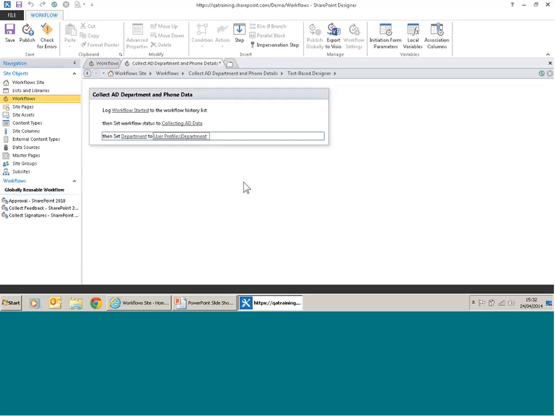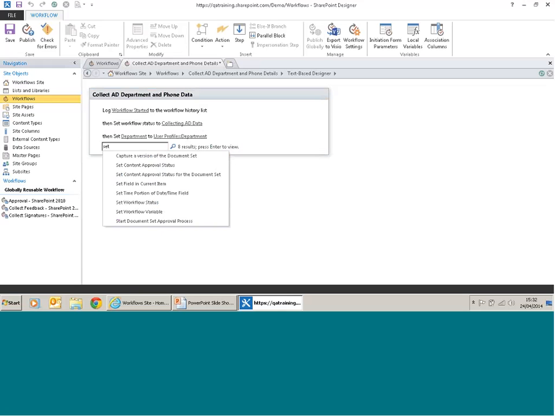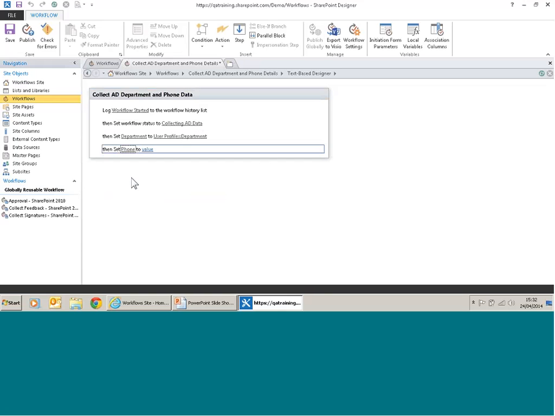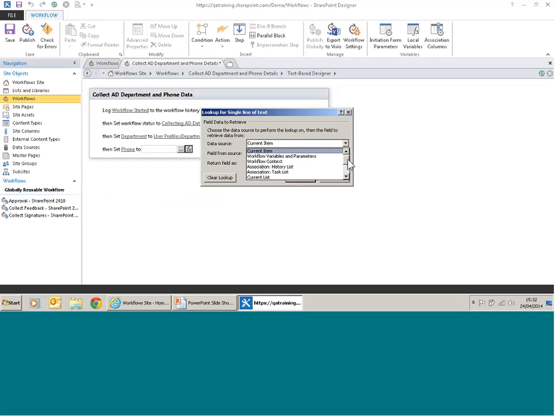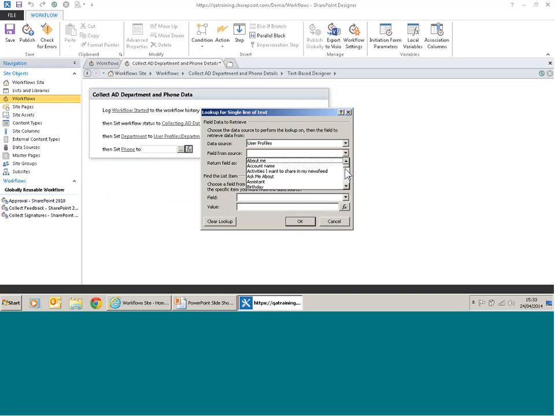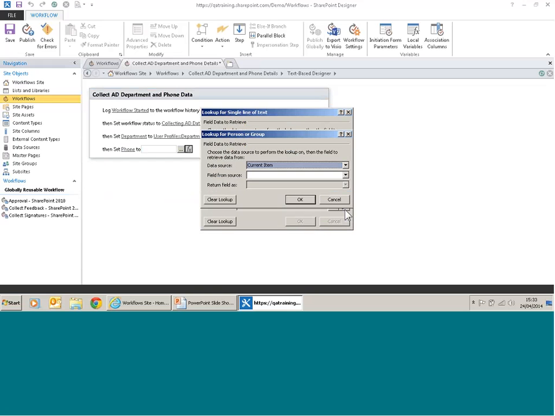Right, little feature about Designer, if you haven't seen this before, which is very useful. If you start getting used to which particular actions you'd like to work with, what I can do is start typing directly inside my step as I go. So what I'm going to say is I'd like to do set, and I will get a series of options that have set. So I'm going to again pick another set field in current item. This time I'm going to say we'll look at the phone, and I'm going to pick value, pick my FX, say that again I want that user profile data. Now pick up, and it's right down the bottom, work phone, and what I will do is say yes, that's going to belong to or get information from,